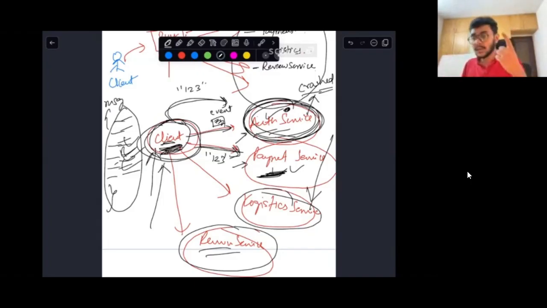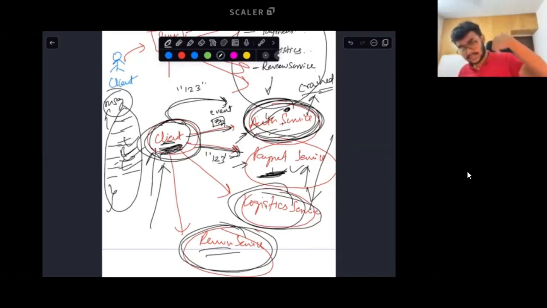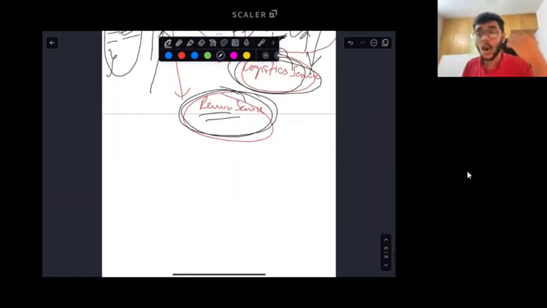Number one, it will have to make sure that if one of the services actually fails, it re-delivers that message. Number two, it is going to be delivering the same event to all of these services, because these are individual services. Whether the authentication service successfully processes it or not, the payment service can start functioning. Right? So these are independent things which are processing the same event, but they're having to do it with us from the same client. So this client has a lot of responsibilities.